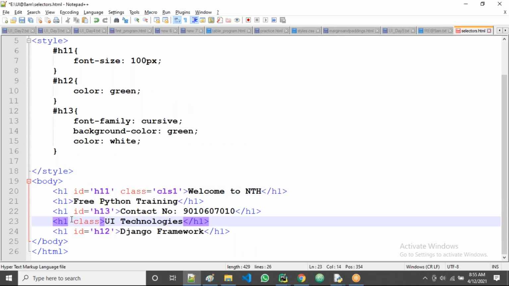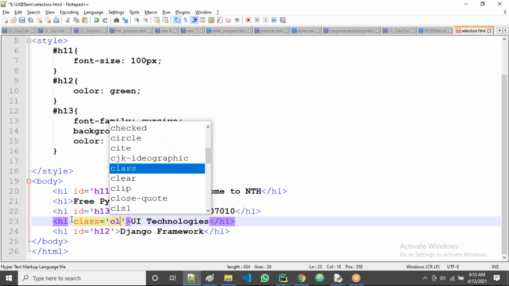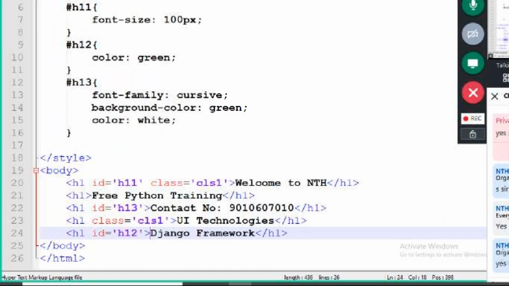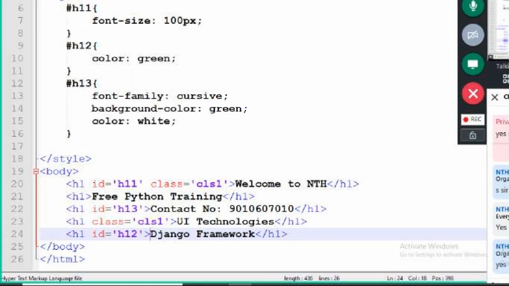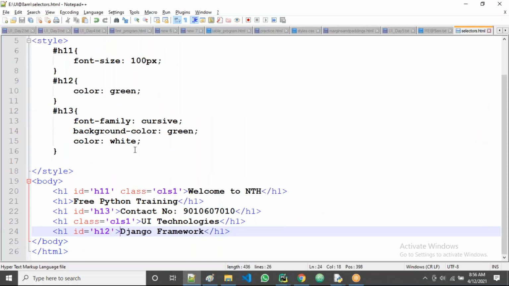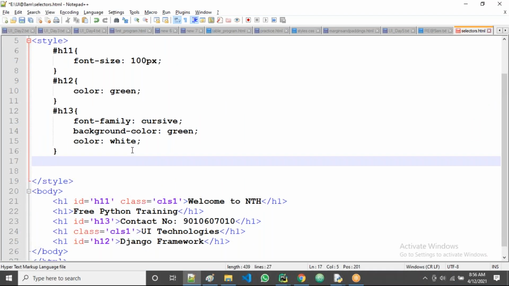Again class, and I'll take the same name, CLS1. Now class CLS1 is available for the welcome message and also the UI. Now I am going to use the CLS1 style class.